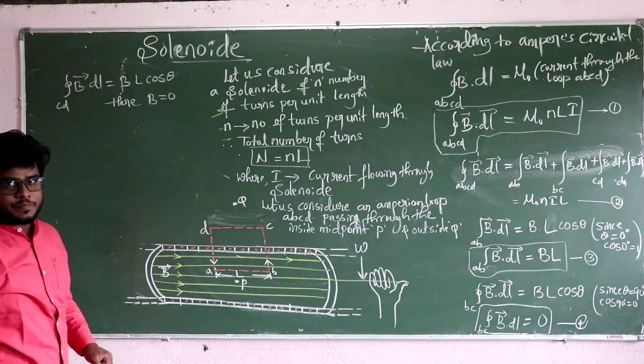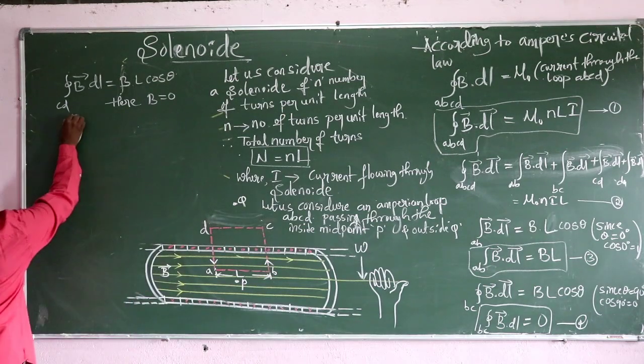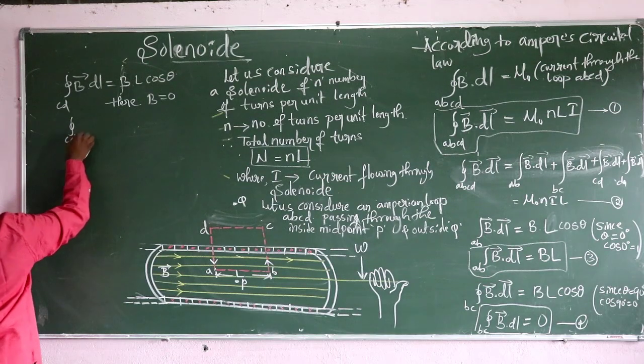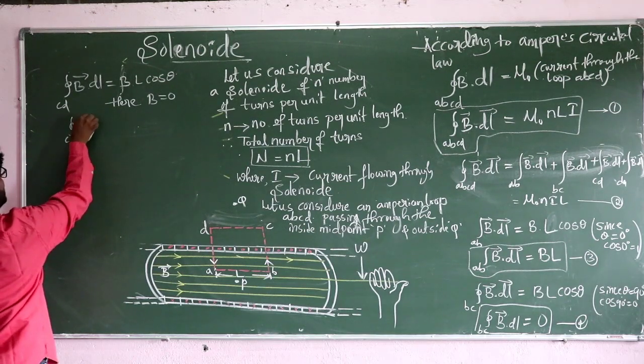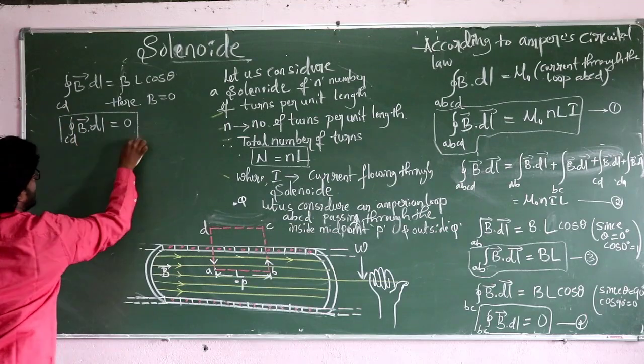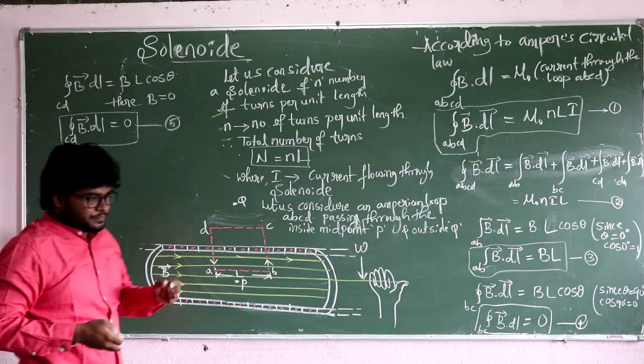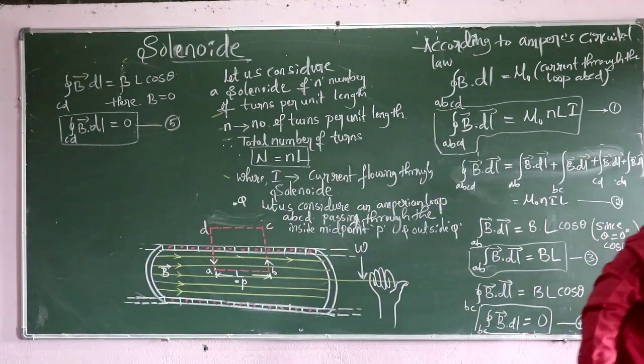So integration of CD of B into DL is equal to 0. I will tell you why. This is equation number 5. If it is a solenoid